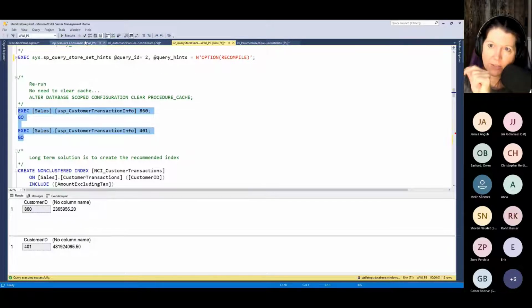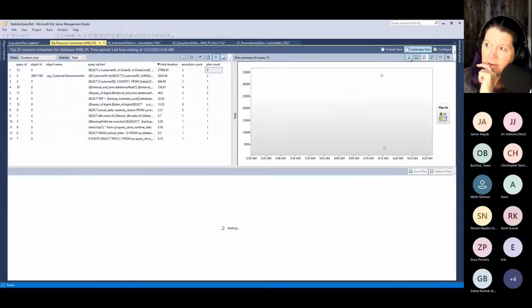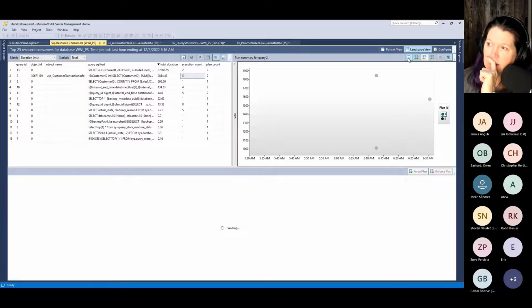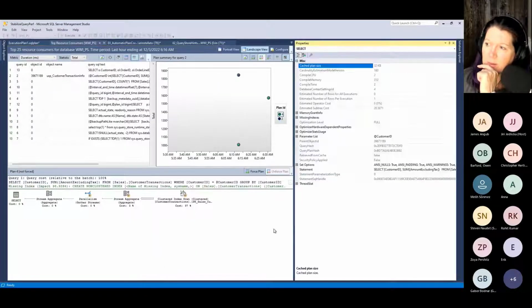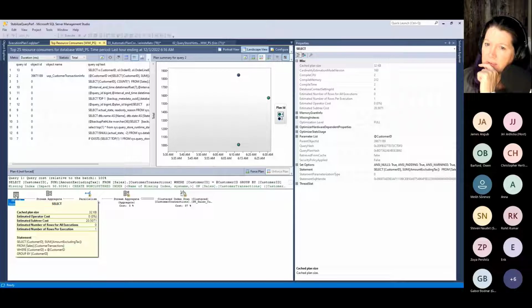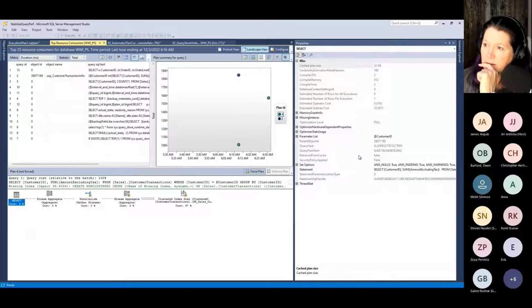And then I'm going to go back to my top resource consuming queries, and I'm going to refresh here. Let me refresh here, right? So this executed again just now. And if I come in here and I look at the properties and I go to the select here,